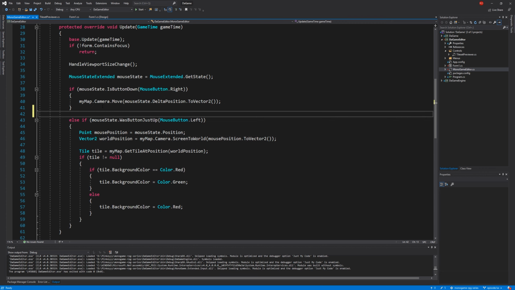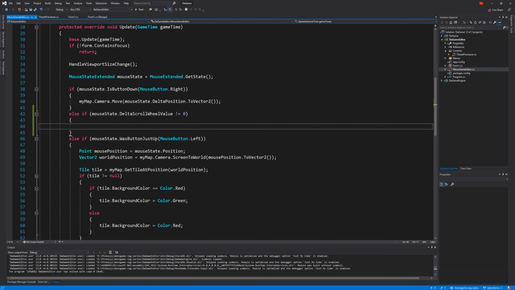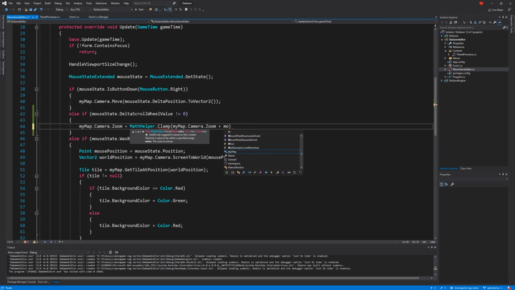So what we can do in here is just else if mouse state delta scroll wheel value is different to 0, i.e. have we moved the scroll wheel, and then all we need to do is my map.camera dot, we could clamp it, I guess. We'll do my map.camera.zoom equal to MathHelper.Clamp, and this will just be my map.camera.zoom plus mouse state dot delta scroll wheel value multiplied by 0.001f,